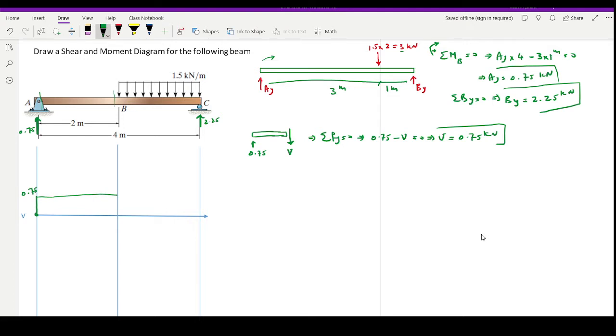So you can see that for the left side, shear is equal to the value of the support reaction, and its sign also is the same. If it's positive, this is going to be positive. But from B to C, I'm going to assume that there is an x changing from 0 at point B to 2 meters at point C. So from B to C,